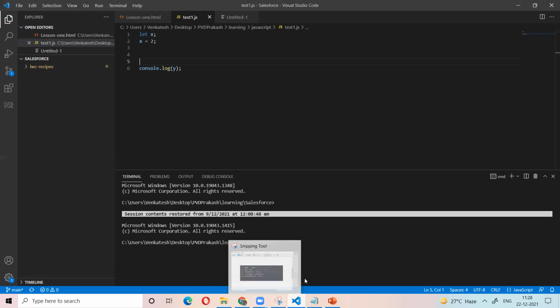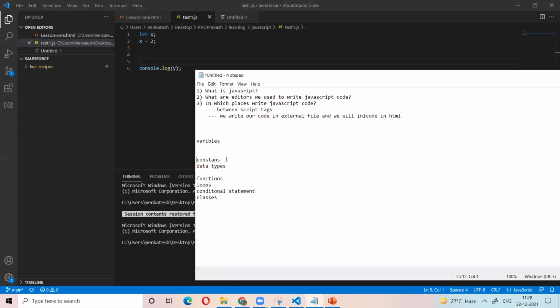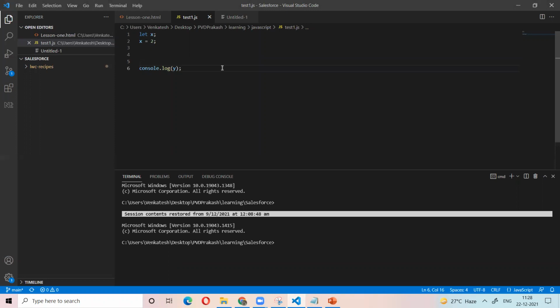Now let me move to the other topic, constants. So what is a constant? Constant means if I define one thing, it is not changed. With an actual variable, if we give one value, we can change it.